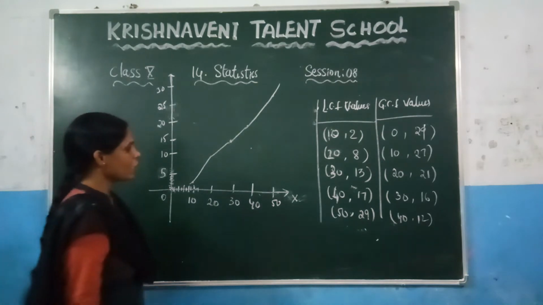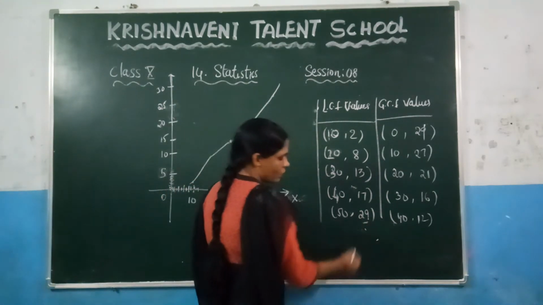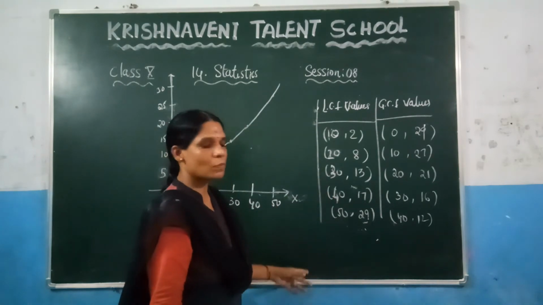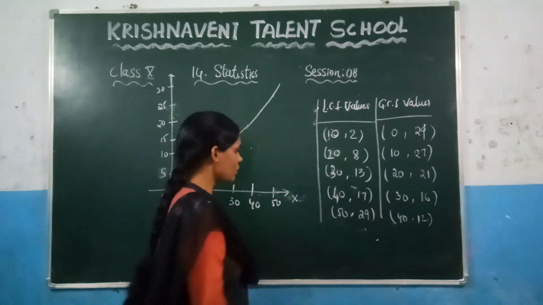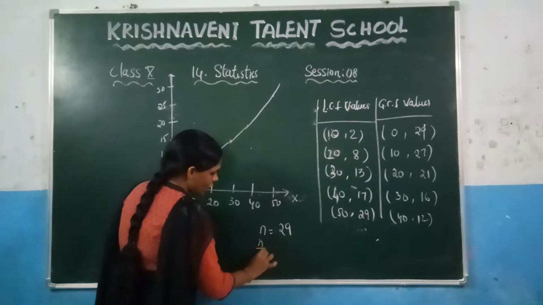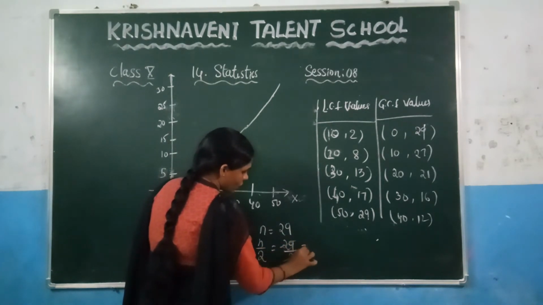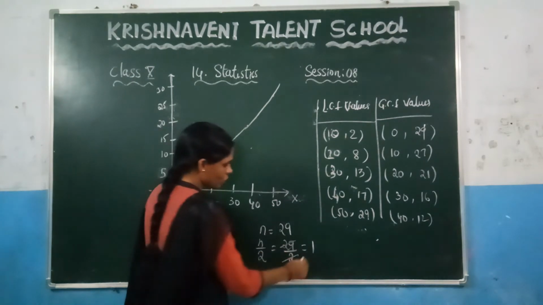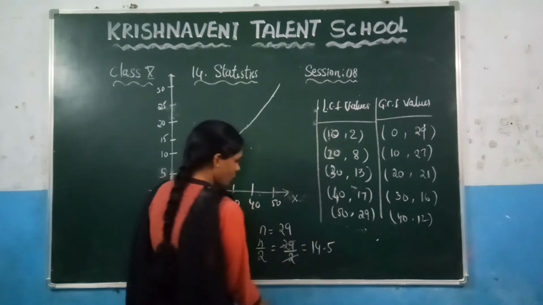How do you calculate? Here, you know that this is nothing but the value of n, right? Because after adding the sum of the frequencies, we got the value of n, which is nothing but the number of observations here as 29. Here, check the value of n by 2. What is the value of 29 by 2? 2 ones are 2, and after that 2 fours are 8. 1 will be there, which is 14.5.